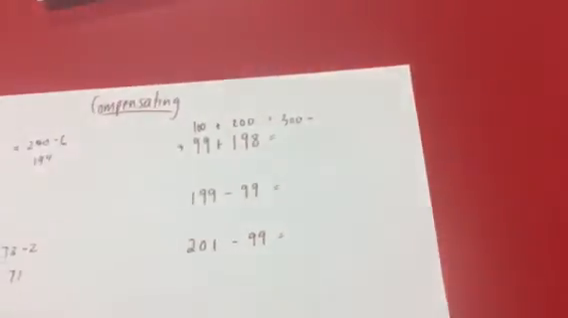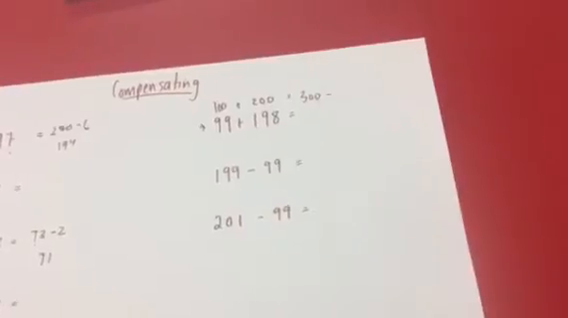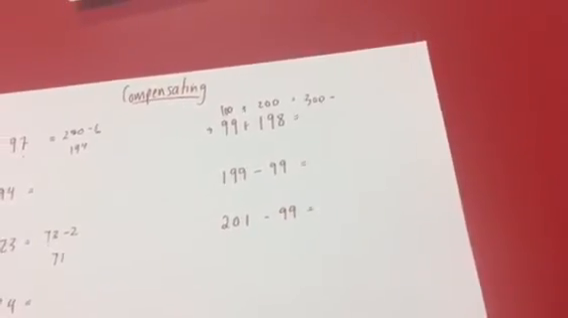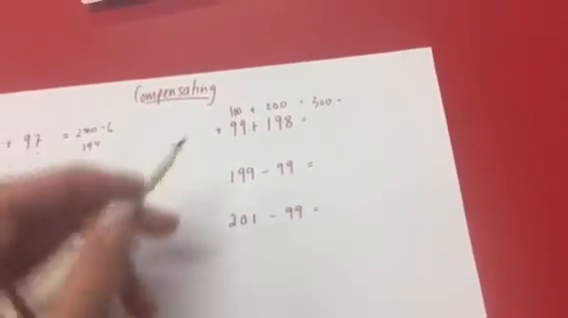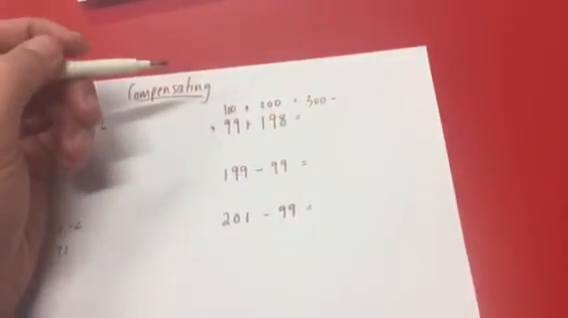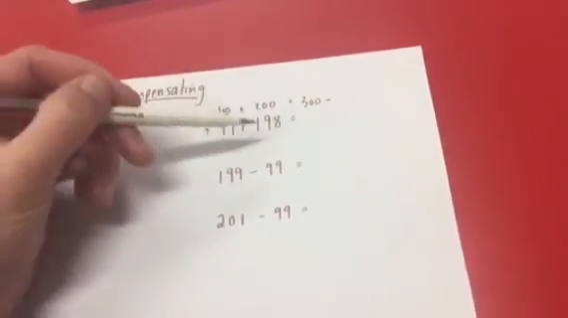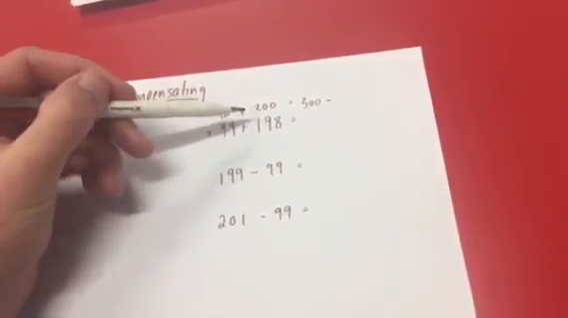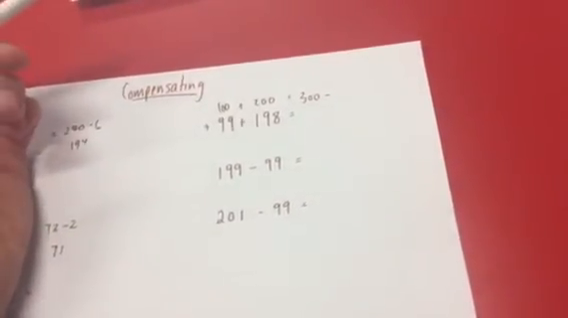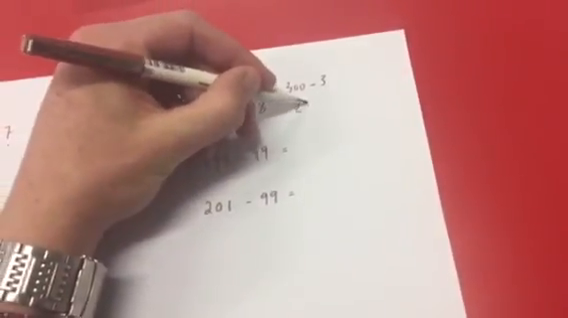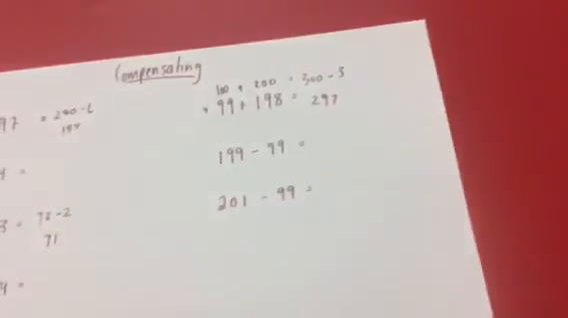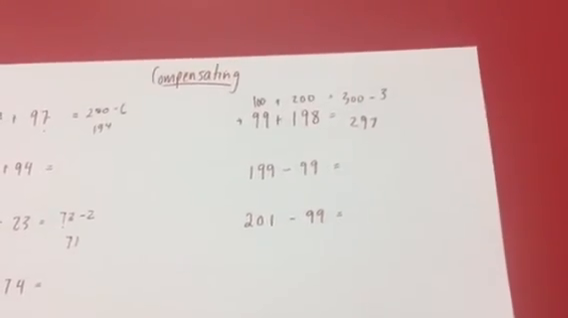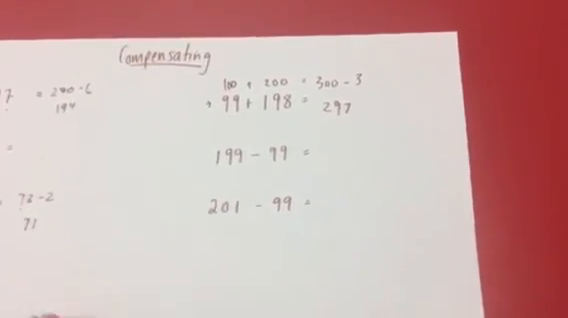Right. What's important to remember that when we add or when we compensate, we need to subtract the same amount at the end. So to get from 99 to 100, I added 1. To get from 198 to 200, I added 2. So at the end, I'm subtracting 3. Now, subtraction works the